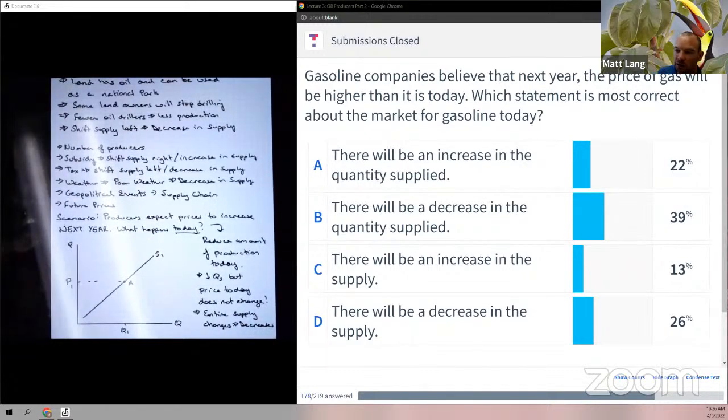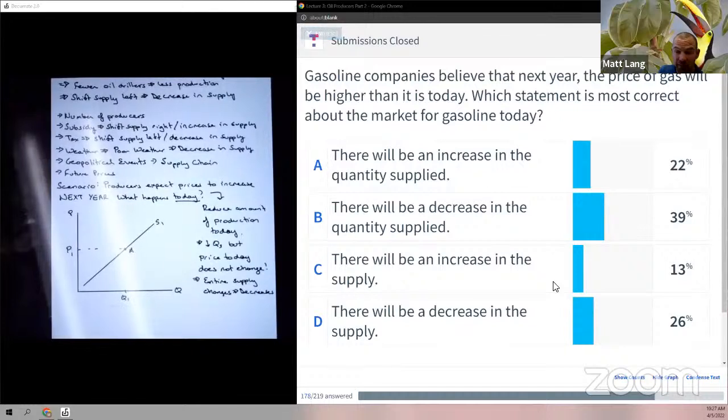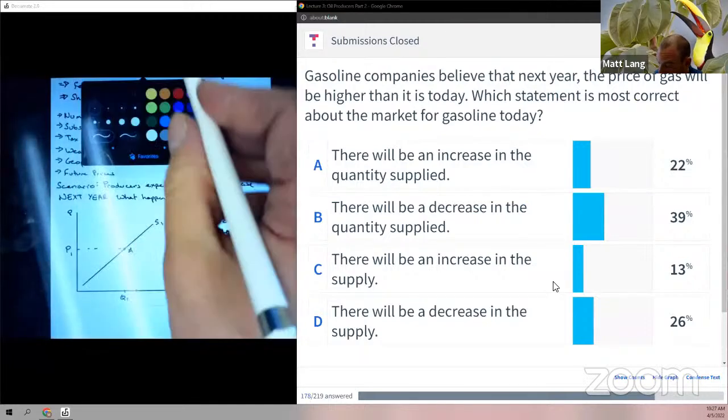Those of you who said there's a decrease in quantity supplied, you're not incorrect in the sense that there is a decrease in quantity supplied. But when we're thinking about what exactly happens when we expect this increase in prices in the future, the most accurate statement is that, hey,